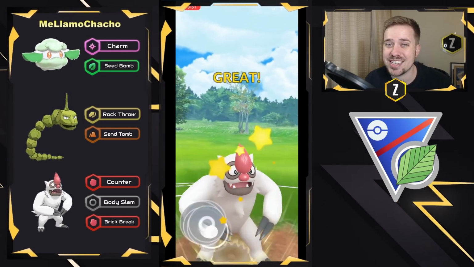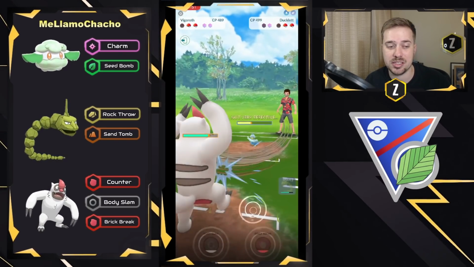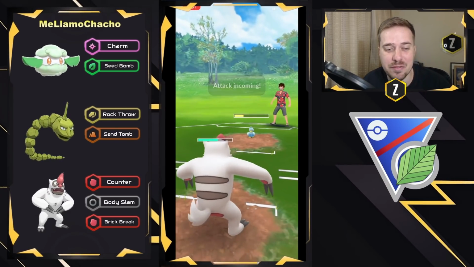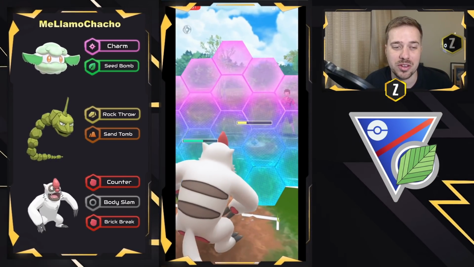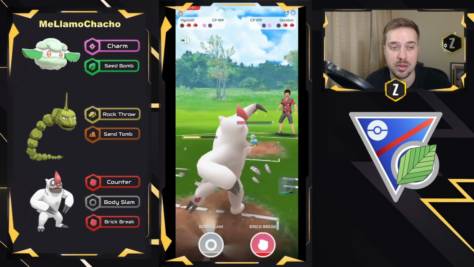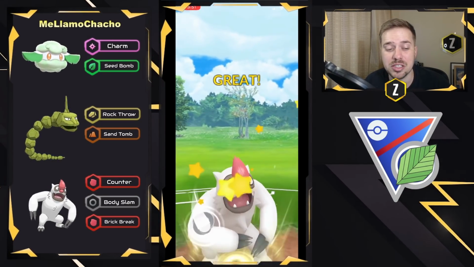As well, it has access to Brick Break, which is going to be very nice in this meta versus basically Chansey, right? If you guys see it. Galarian Stunfisk, Vigoroth, the list goes on, but we do see a charge move now come through, and they're going to go ahead and shield it. It's going to be Aerial Ace, so that is actually very good for them. That means these counters are still going to be racking up the damage,